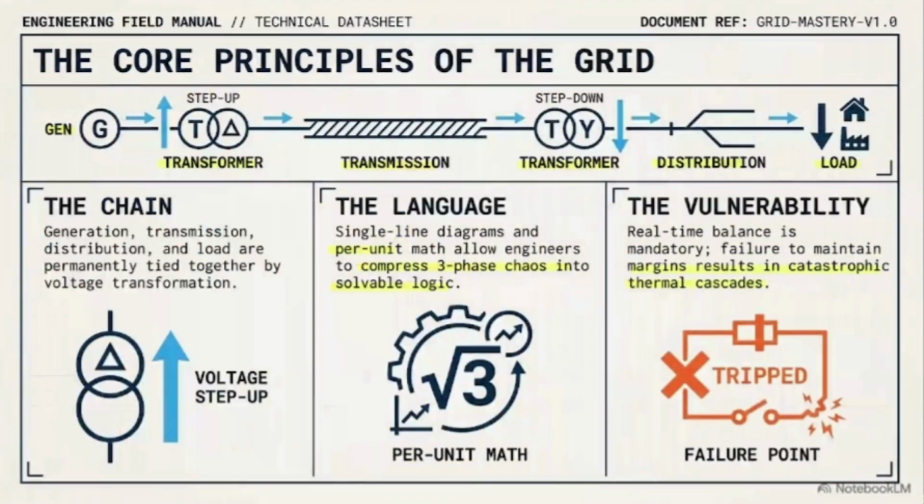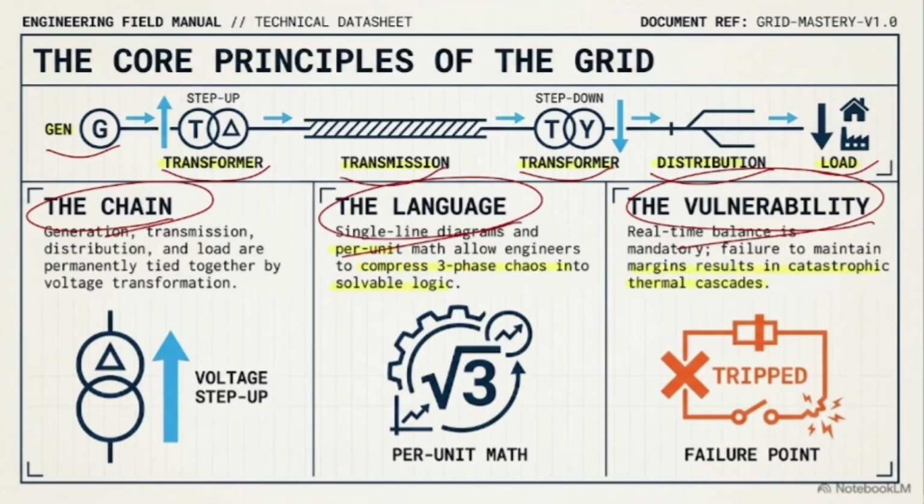So at this session, we talked about the core principle of the grid. We talked about the chain of command between the generator, transformer, transmission, another transformer, distribution, and finally the load. We talked about the language, the difference between the phase and the line itself, and obviously we talked about the vulnerability of your system, that if anything happened to